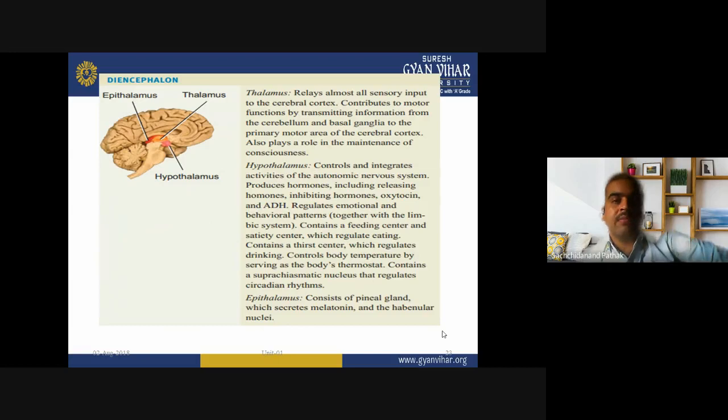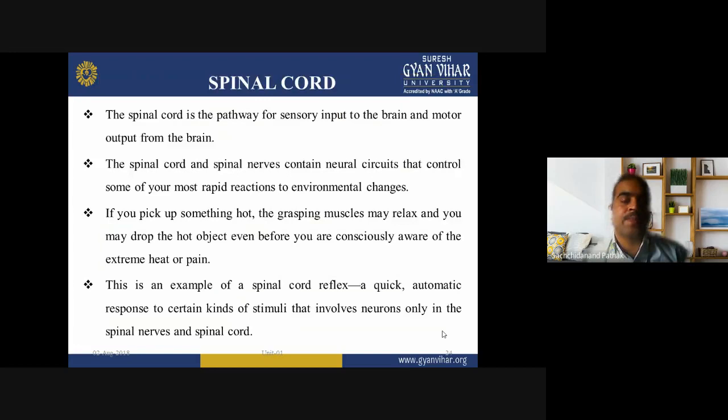Now, the thalamus relays almost all sensory input to the cerebral cortex. The hypothalamus controls and integrates the activities of the autonomic nervous system. The epithalamus consists of the pineal gland, which secretes melatonin, and the habenular nuclei. Then the spinal cord is the pathway for sensory input to the brain and motor output